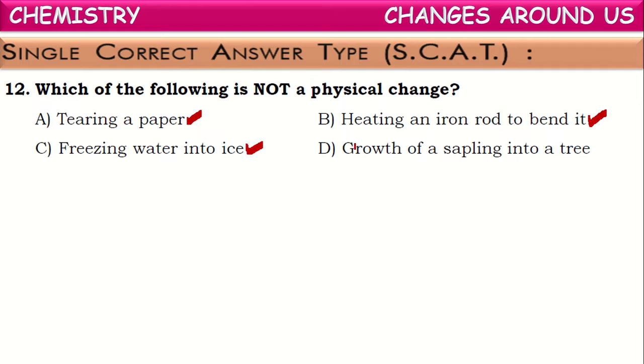Next, if you see growth of a sapling into a tree, meaning from a seed, that converts the small tree into a big tree. The change is known as a chemical change because so many chemical reactions occur in the conversion of the sapling into a tree. So it is one of the chemical changes. It is not a physical change. Okay. Next,